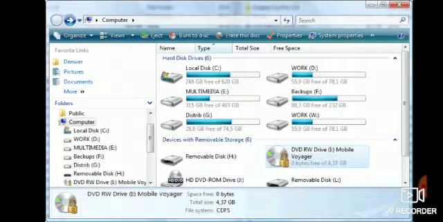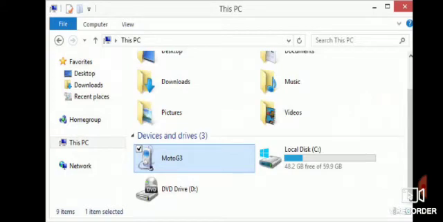The USB interface available with flash drive allows you to easily connect these devices to your computer. If the USB flash drive and the USB port available in the CPU are functional, you can easily connect the flash drive to the computer. Can you see here? Moto G. So when you connect a pen drive, on the window you can see this.